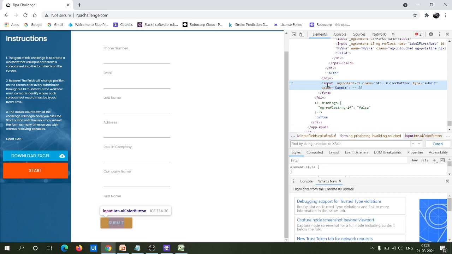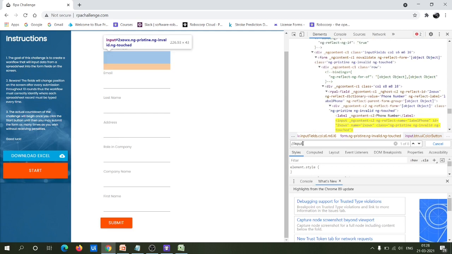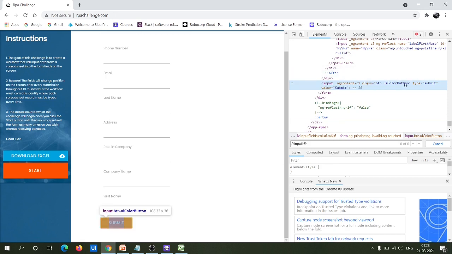Now we can write the XPath. You can specify any other attribute value, but I am specifying here XPath as a locator for the submit button. So we can specify type as attribute here.